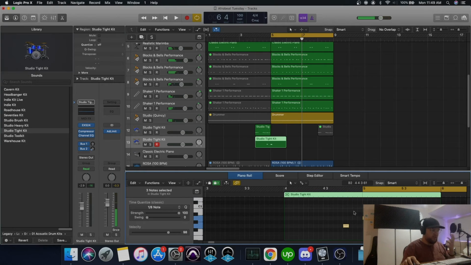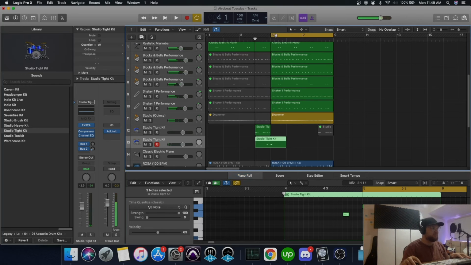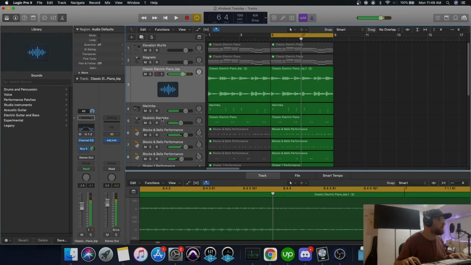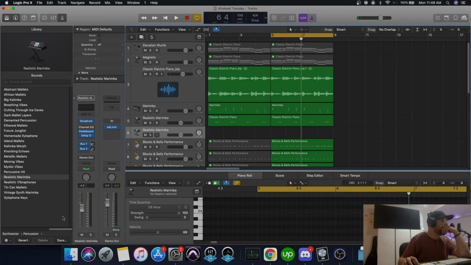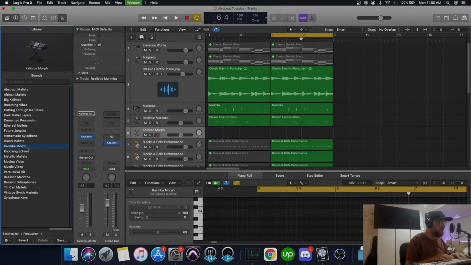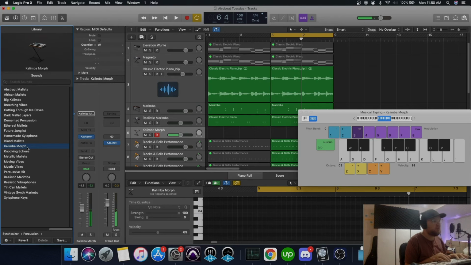I used to do really harsh cymbals like this, but in my old age, I like things to be a bit more chill, so I'll reduce the velocity. We need some more melodies in here. So, what else do they have in percussive? Kalimba. Kalimba, morph. The kalimba,